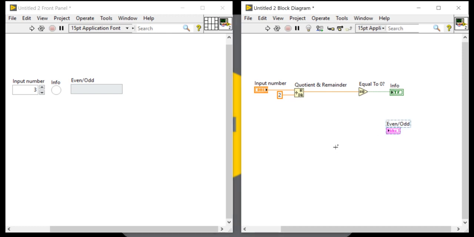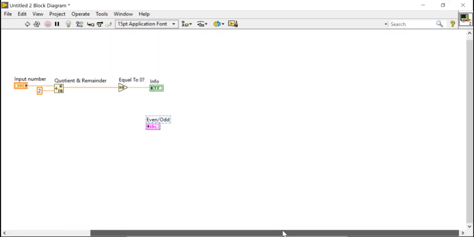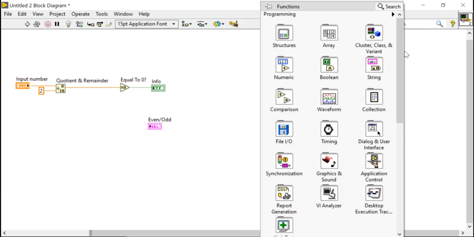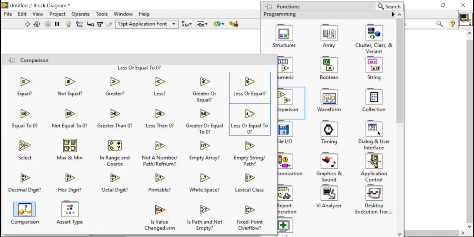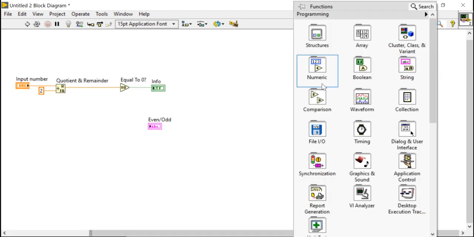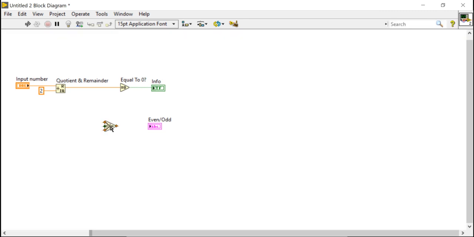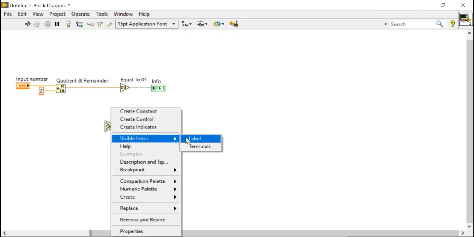For that, look here, all of you. Right click in the block diagram, come to the comparison, and you will get the select function. Place it here and open the label.